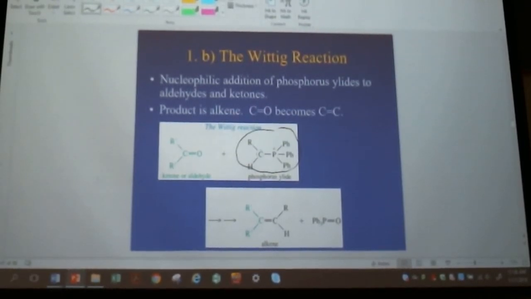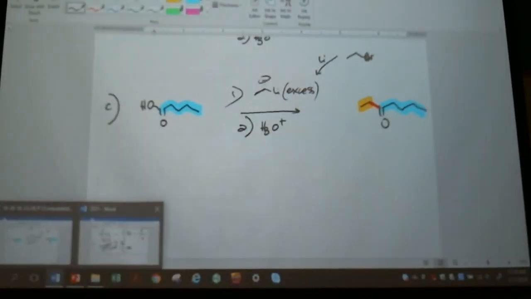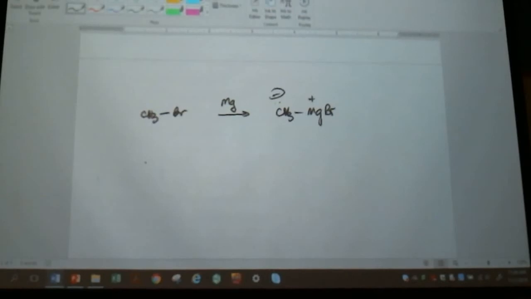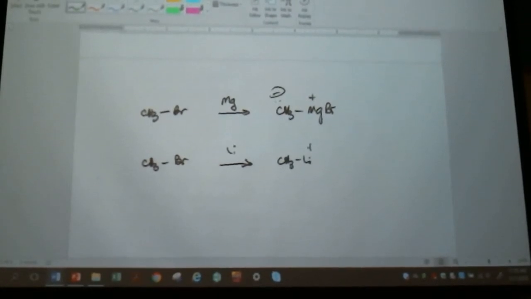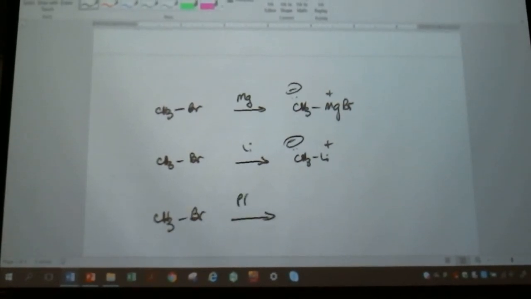Now, your ylid is formed kind of the same way that you form a Grignard and the same way that you form an organolithium, and that is starting from an alkyl halide. So I have this, I put magnesium, and I end up with a Grignard. I start with this, I pour in an excess of lithium, and I end up with an organolithium. I add this, and I put in triphenylphosphine,